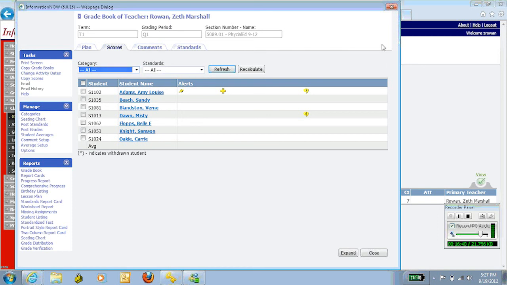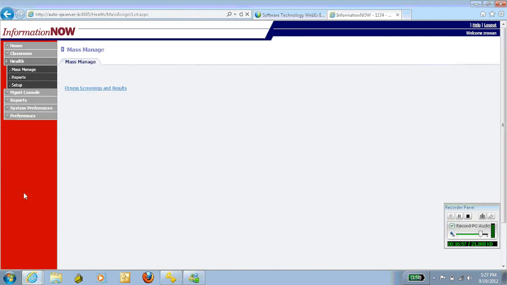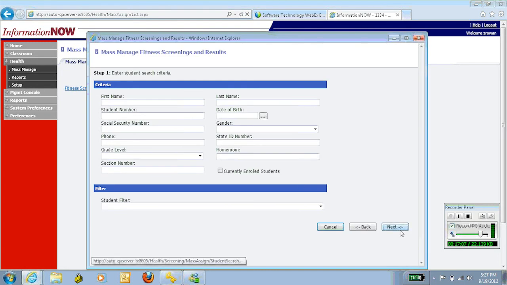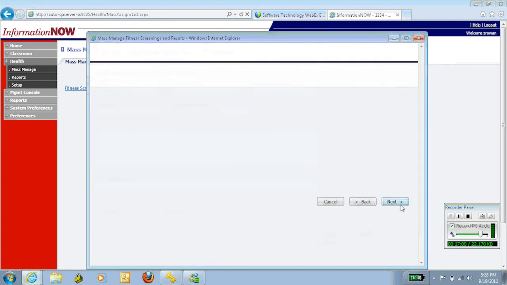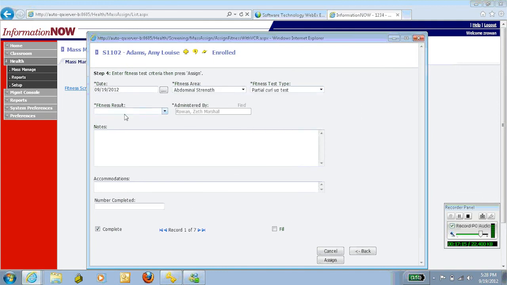That pretty much concludes everything for the fitness screening and how you guys enter the test. It is a pretty simple function. I strongly encourage you guys use those classroom reports and bring those reports to the field to write down your scores. That way, as soon as you're done, you can come down and sit down at your desk and just run through this wizard, add all your students, next, and I'm just going to go my first test, say partial curl up, enter,